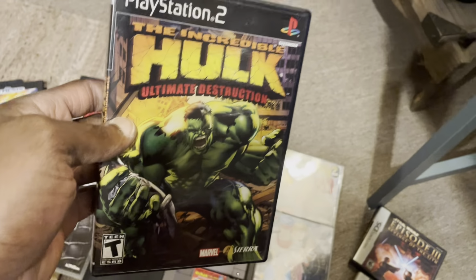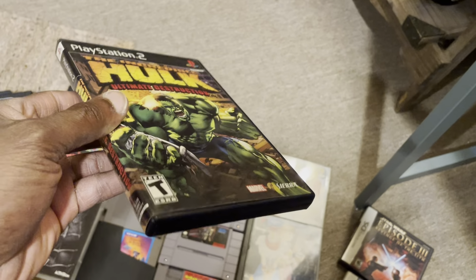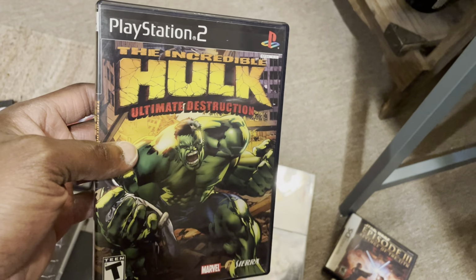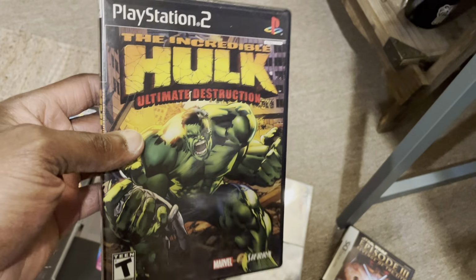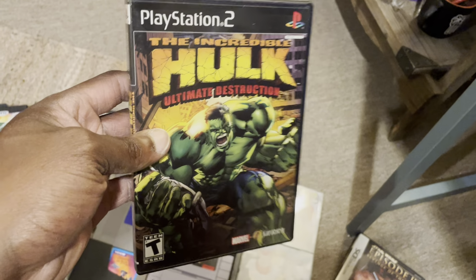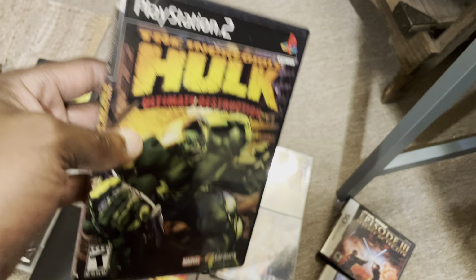Hulk. This was another like $24 game that I wound up picking up. I had to do a case swap because the original case that I got with this was not in good shape, so I did a case swap just to kind of upgrade this one a little bit. But Hulk Ultimate Destruction, this is actually the best Hulk game of retro Hulk games, in my opinion,